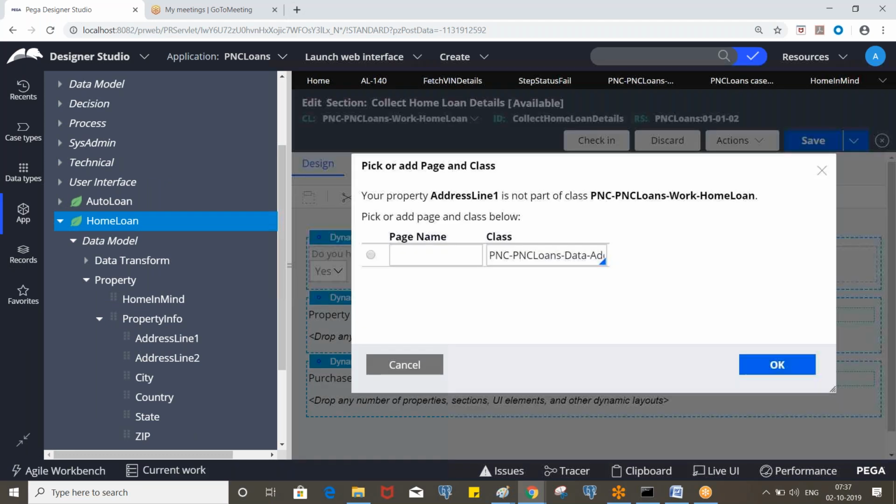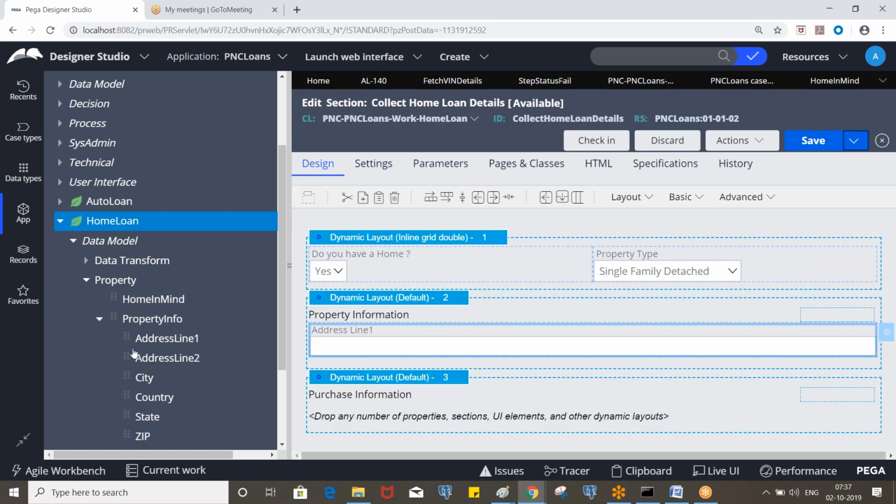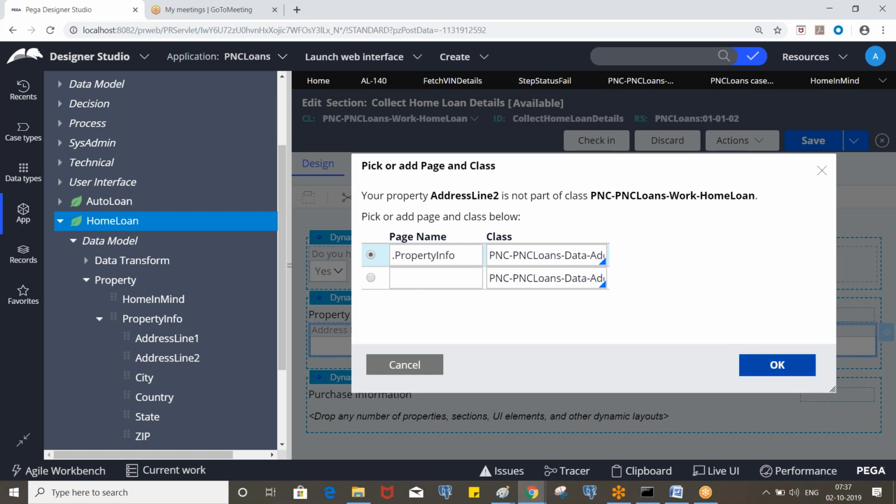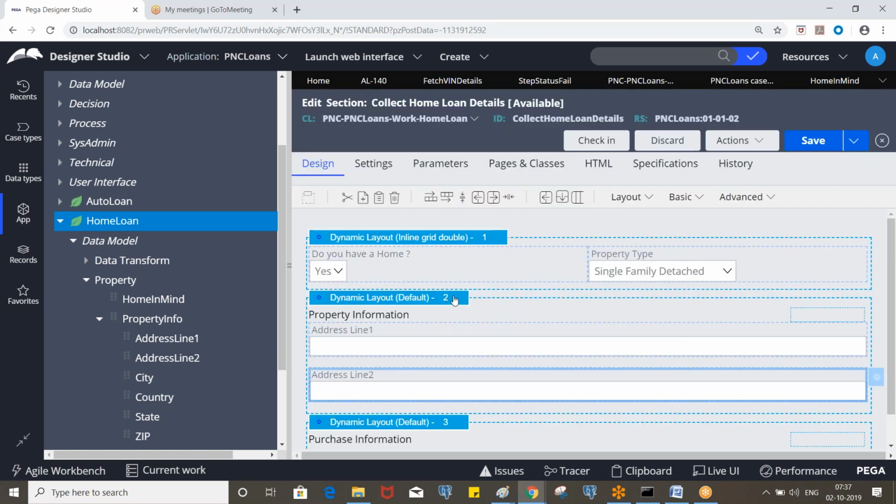So here, what is the page name? Property info. Okay, like this. Make it inline grid double.